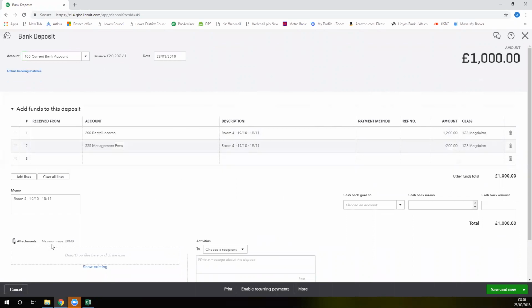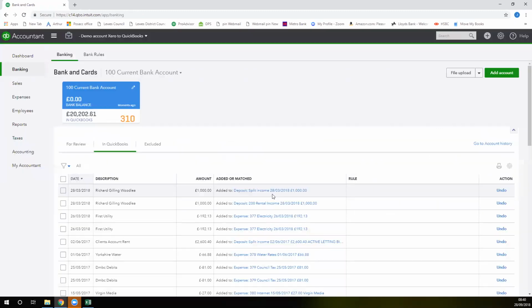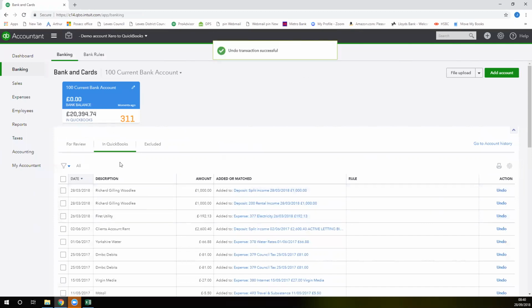And if you want to add an attachment, you can add that here. And if you realise that you've allocated it to the wrong thing, click on the blue and you can undo it, which will take it back into QuickBooks. So you see that has moved from 310 to